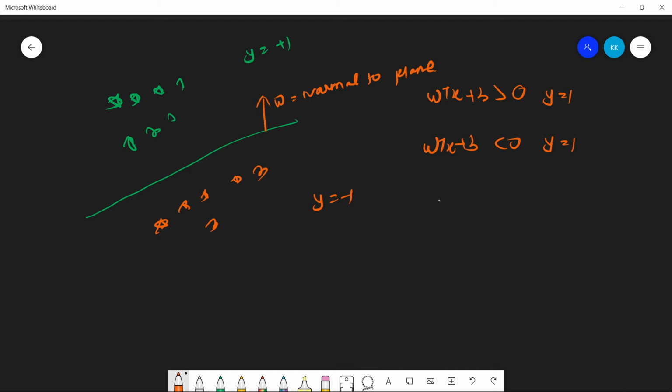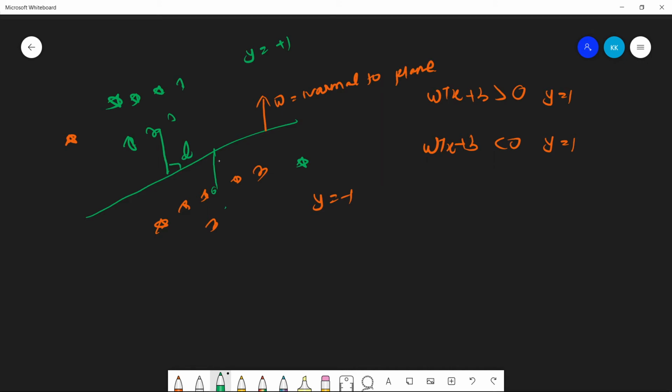So I have to differentiate. Suppose there is one orange point in my positive class. This is a misclassified point, and the same for my orange class, where there is one green point. How am I going to handle this? For this there is a simple idea. First of all, you calculate the distance from the nearest point. Suppose d is my distance, and on this side too, d is the distance from this plane to the nearest point.